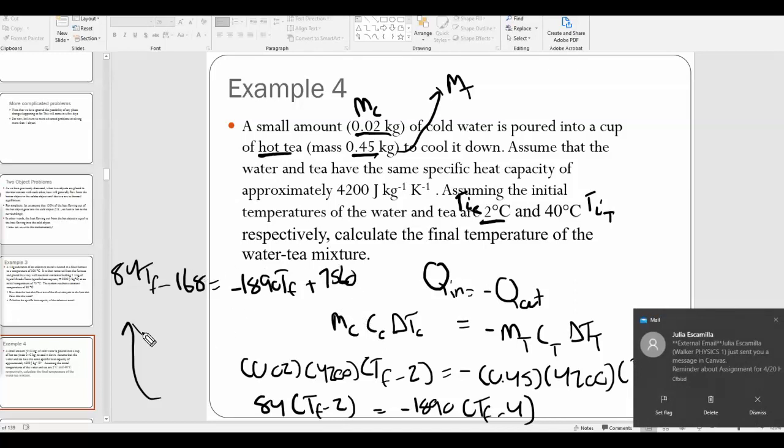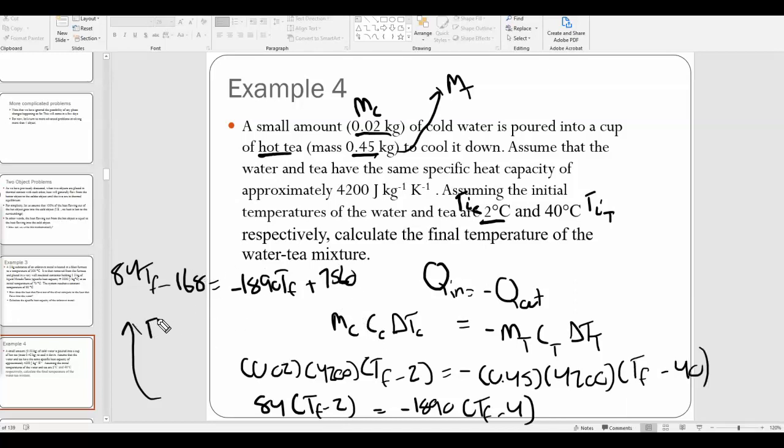7460, and now I just need to rearrange and get TF by itself, combine like terms and all that. So I'm going to do 1890 plus 84, and so I get 1974 TF, and then on the other side, I'm going to do just a little bit of math, and I'll tell you what the answer is. The answer you should get here, assuming I did this correct, is,